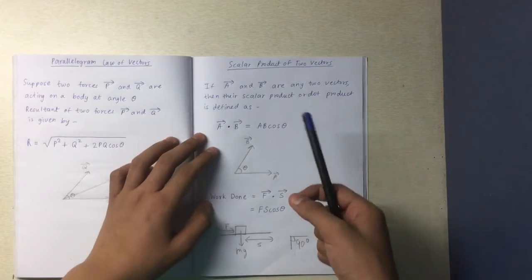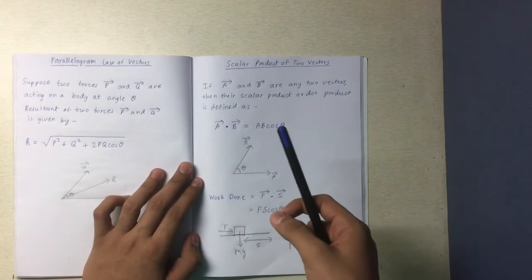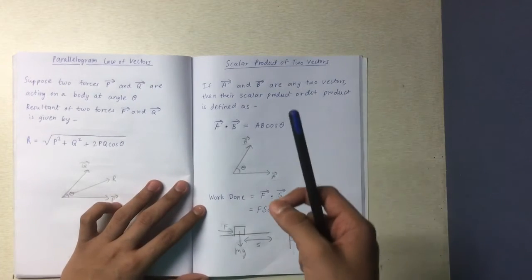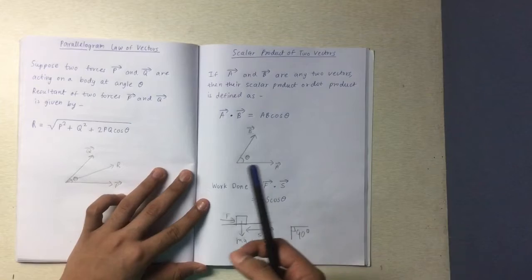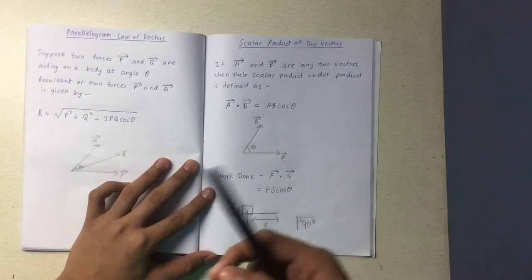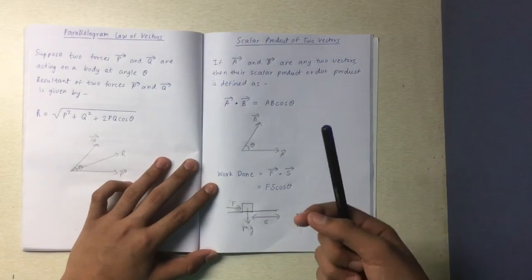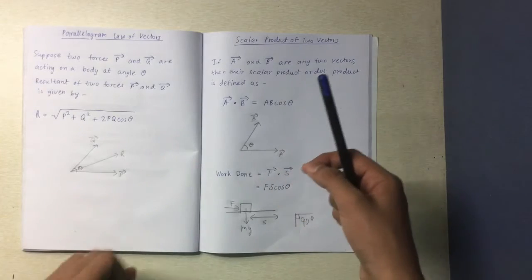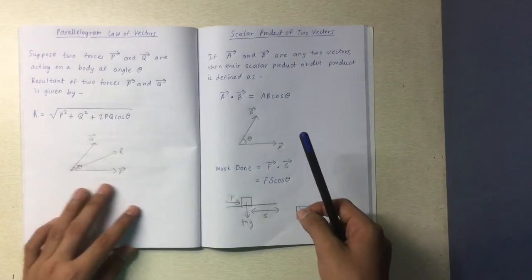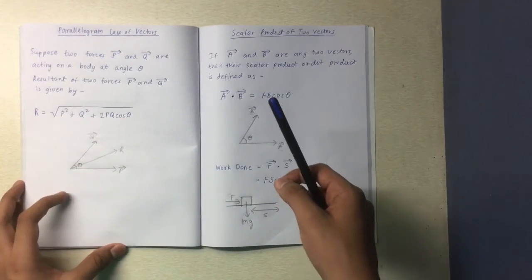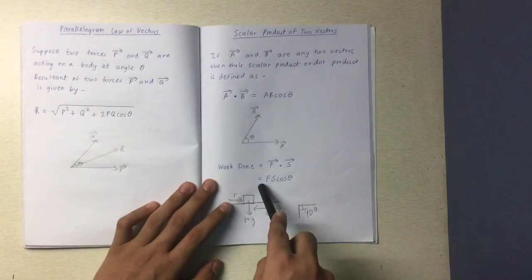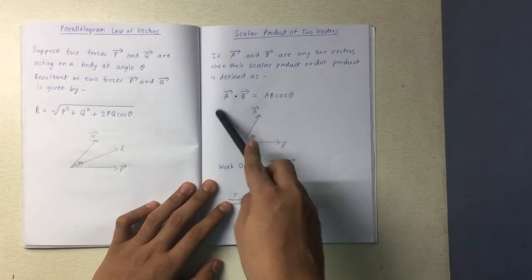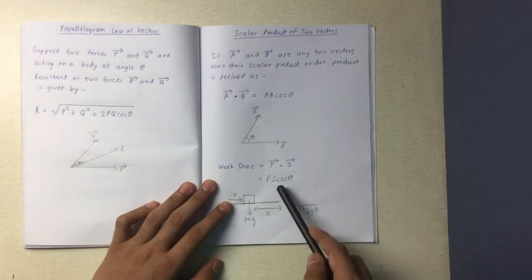You might wonder, where is this even used? It is used to calculate work done. You might know work done is equal to force into displacement, Fs. But that is not fully correct. It is actually equal to the dot product of force and displacement. So F bar dot S bar, which is equal to Fs cos theta, which we have gotten from this.